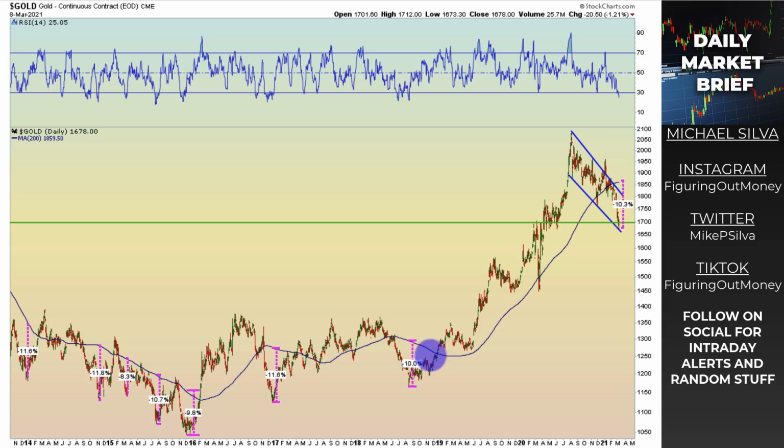You can go back further and find other ones, but there was some significant, even bigger than this. But yeah, you can see 10% drop, 11% drop, 9% drop, 10% drop, 8%, 11, and 11. And you can see that these overextensions led to some pretty significant rallies to the upside. So that doesn't mean at all that we're about to see a big rally to the upside by any means. But I just wanted to call it out because it was somewhat interesting to see that we're kind of moving within that same range. We've had some previous price action suggesting when we get these oversold territories from a 200-day period moving average perspective, we have some pretty nice rallies come from it.